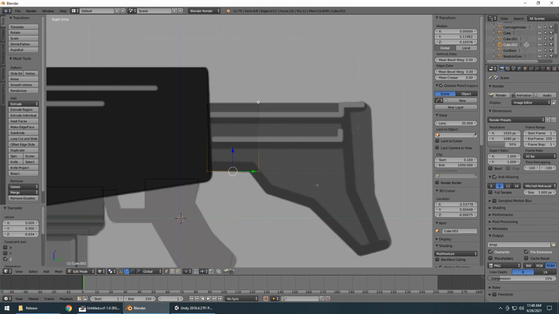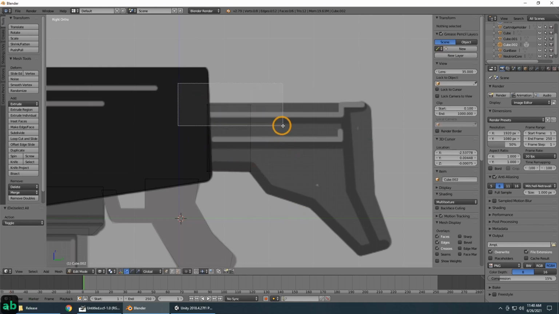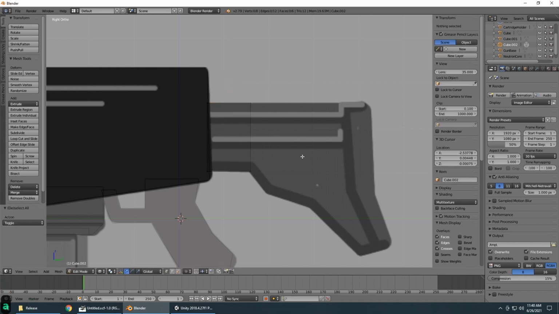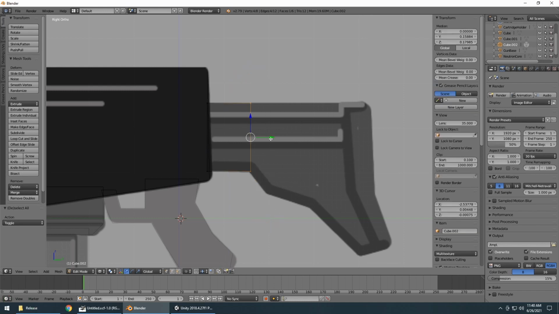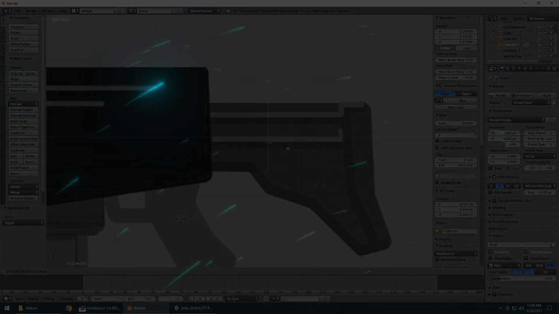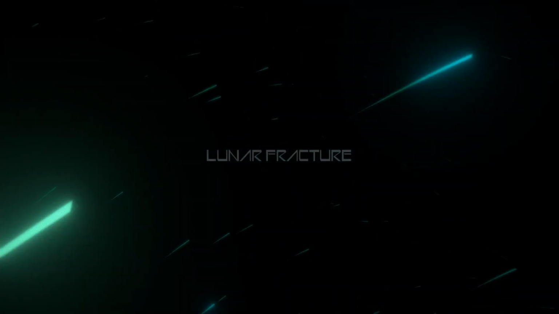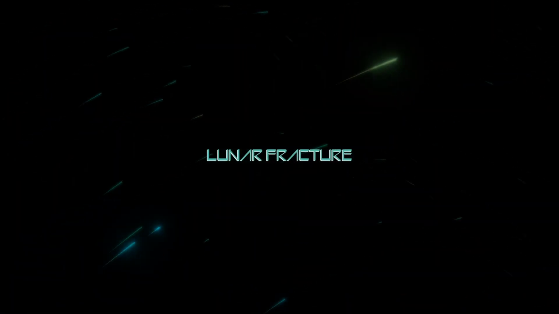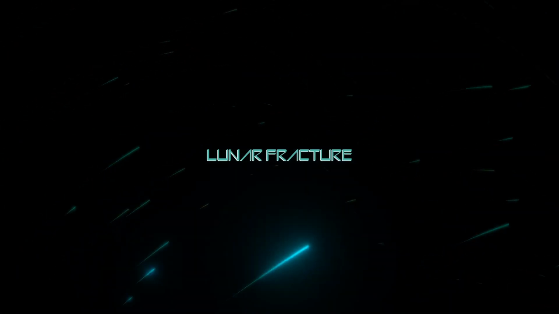so let's click A, B, let's drag this back a little bit, and A, B, left click and drag, there we go. Okay, A, B, let's do our next bit, and we're going to do E to extrude, and we want to go out to where our next little angle is, and it's more or less there. A, B, left click to grab these two corners, and I'm going to drag this